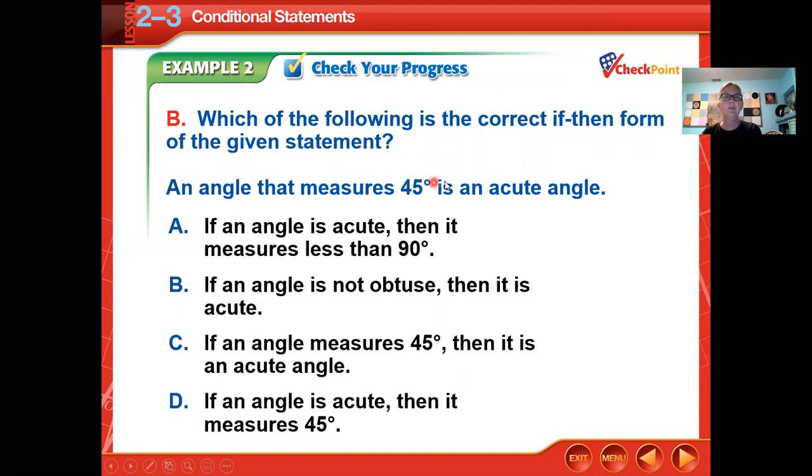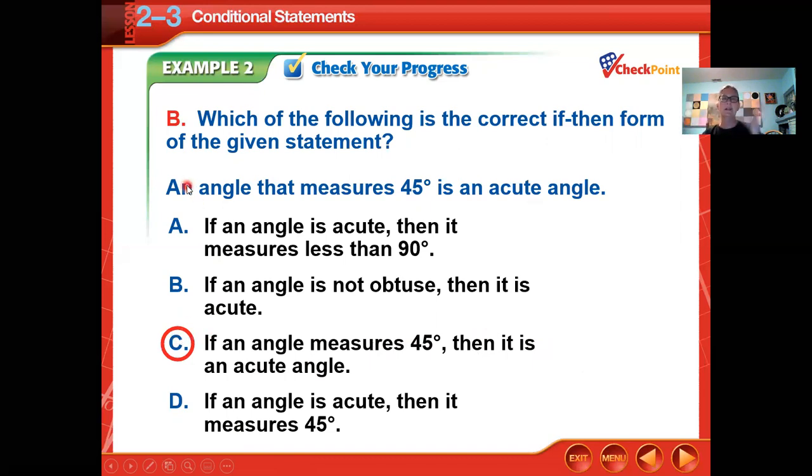An angle that measures 45 degrees is an acute angle. It seems like "is an acute angle" is the conclusion, and that's what they have here. It is an acute angle. An angle measures 45 degrees. If an angle measures 45 degrees, that's how they worded it. Even though some of these other statements could be true, this is the only one that correctly